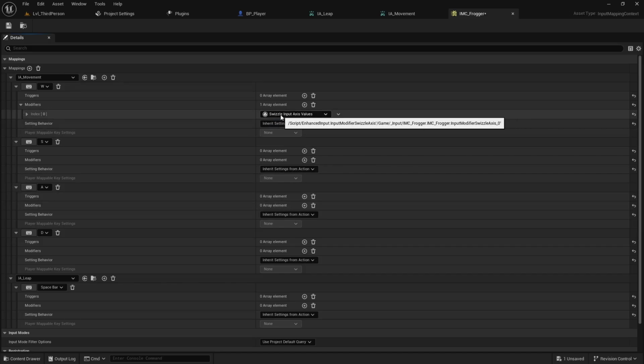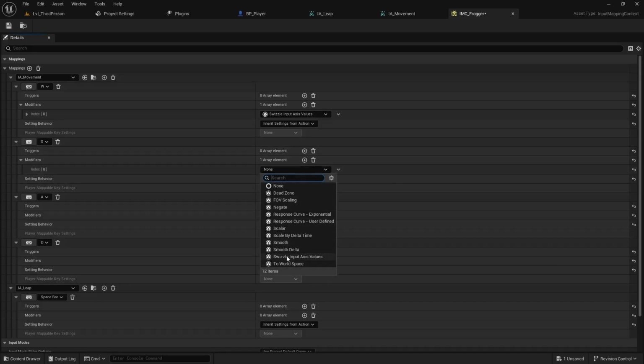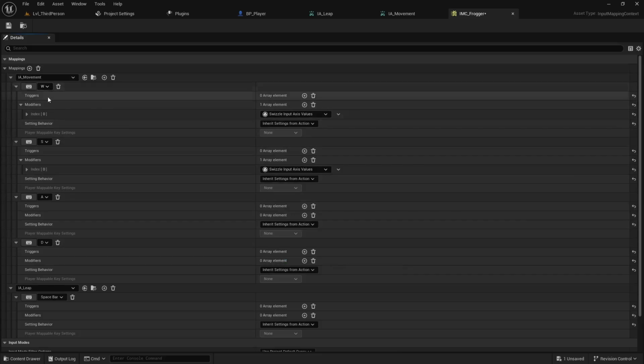And what this is going to do is it's going to tell it to switch from using the X axis, the left and right, to use the Y axis. So swizzle just means basically swap. So we're basically telling it to swap from the X axis to the Y axis, which also means for the S key, we're going to have to add that modifier as well. So the swizzle input axis value for the W and the S key, because those are going to control our up down on our player, and the A and the D will control the left right, so we won't need